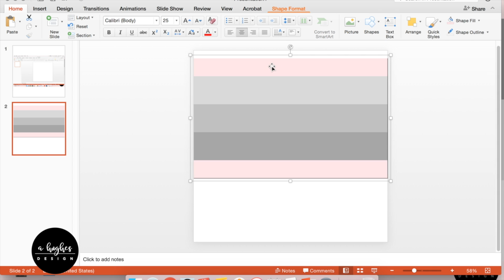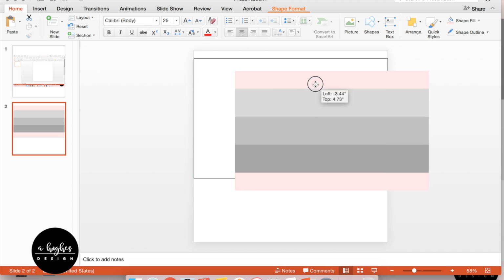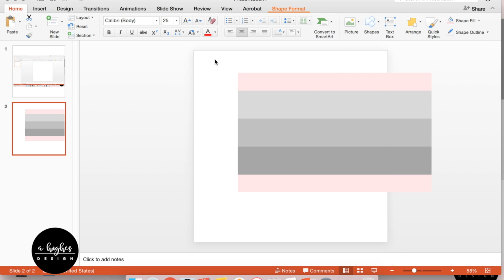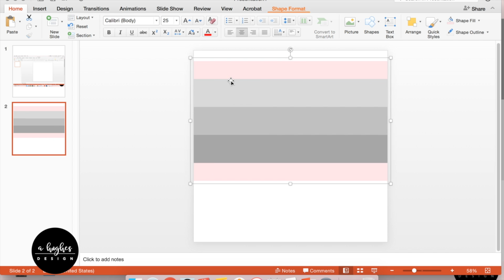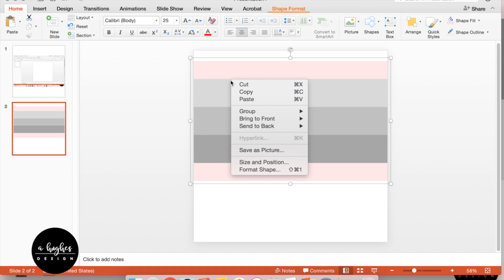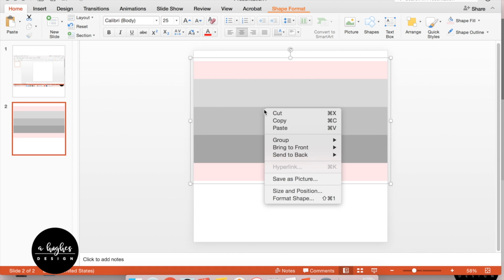So if you're happy with how you created your desktop background, you're going to select all the pieces, group them together. Again, I hit Command Option G, which grouped all the pieces together. And make sure that you don't get that outline. You can even delete that if you want. You can even right click and it'll group it for you. When you're all done, right click it, you're going to go save as picture,